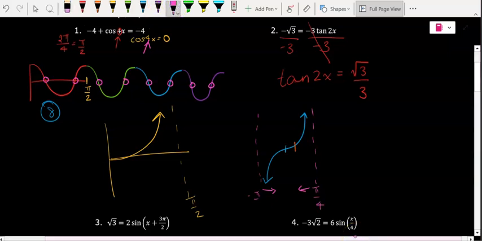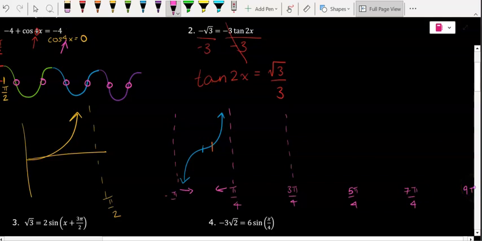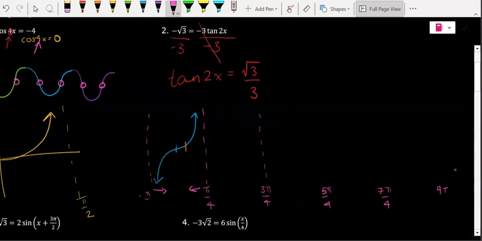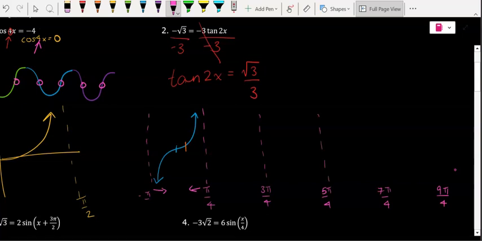That means then my next one will be at 3 pi over 4, and then 5 pi over 4, then 7 pi over 4, and then I'm going to end up getting to 2 pi, and I'm going to go beyond that really quick here, and I'm just going to say 9 pi over 4. And so if I've gone to 9 pi over 4, obviously I'm outside of my domain of my function, but I can at least see here, okay, if I have all of these are asymptotes,